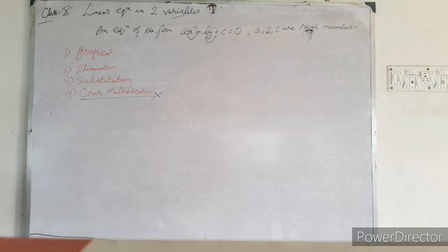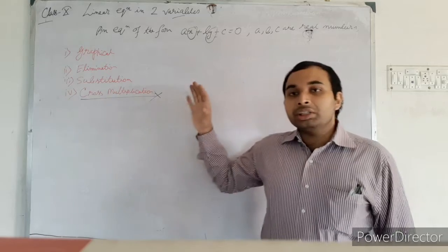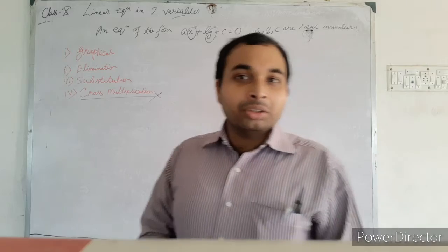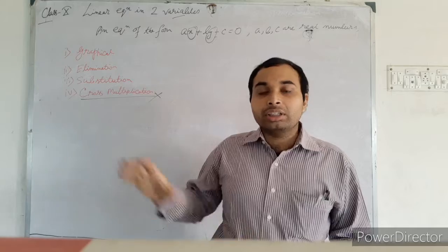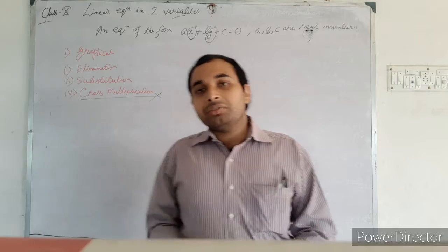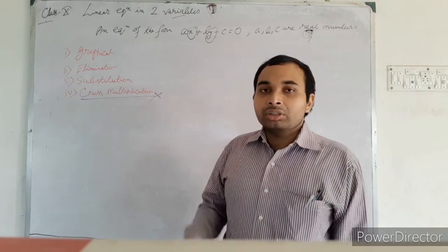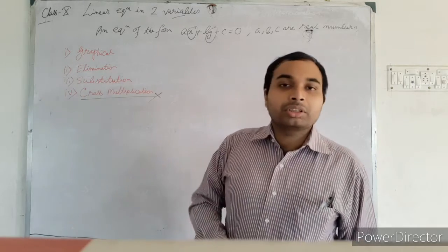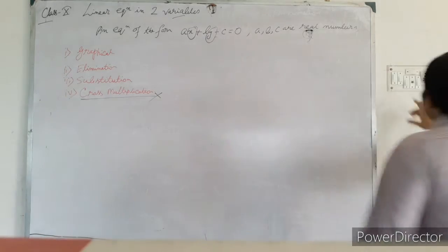The cross multiplication method is reduced or removed from your syllabus, but also it is one of the most important methods. Why they have removed this one I don't know, but I will teach you here, because if you can understand that method, that is one and only shortcut method. Actually very easily you can find the solution, and in fewer steps than those other three methods. So I will make you understand this cross multiplication method also, because for the higher studies it will be important to you.